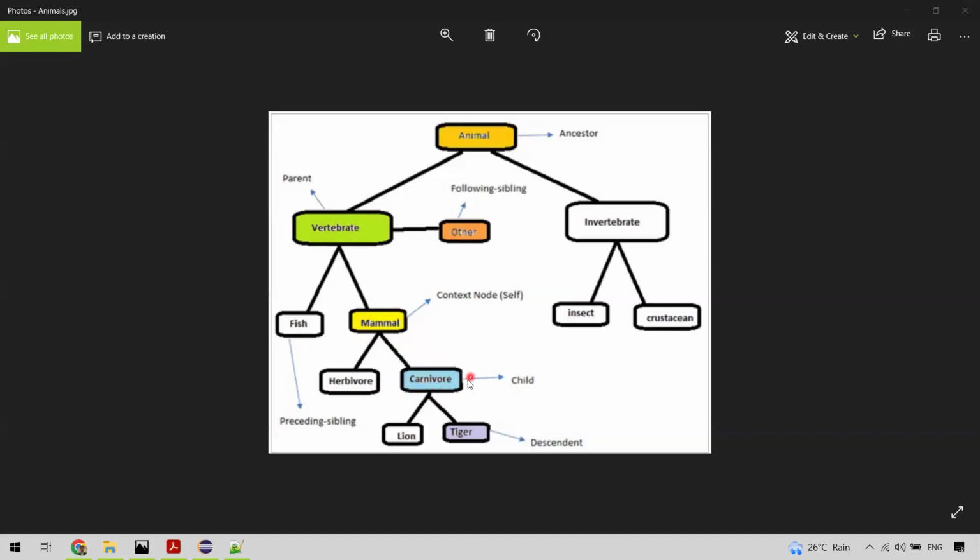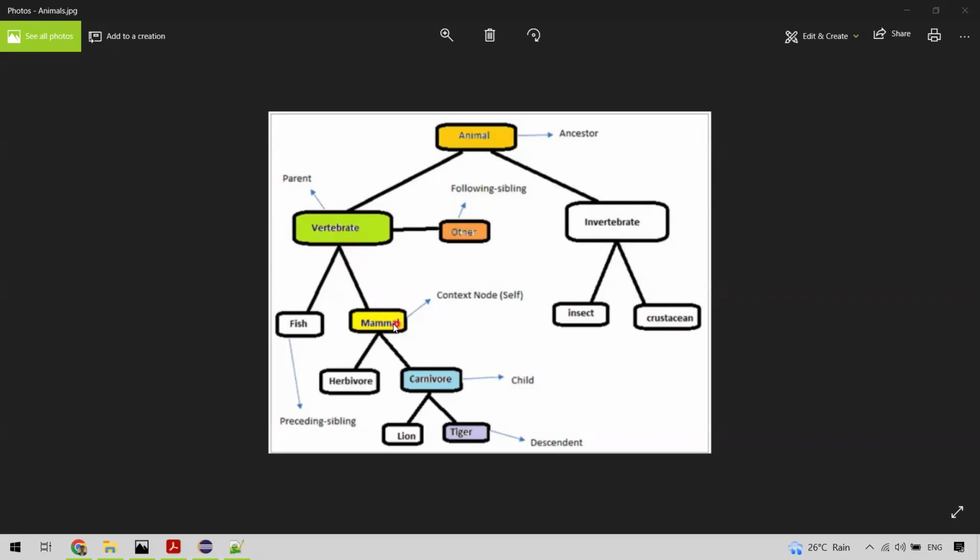We might not be able to identify carnivore uniquely, so we'll take the help of mammal, which is a context node that might be located uniquely. Using that context node and its relative XPath, we will be able to locate this element which is a child of mammal. It is just one step below the mammal, right? So parent is one step above the context node,